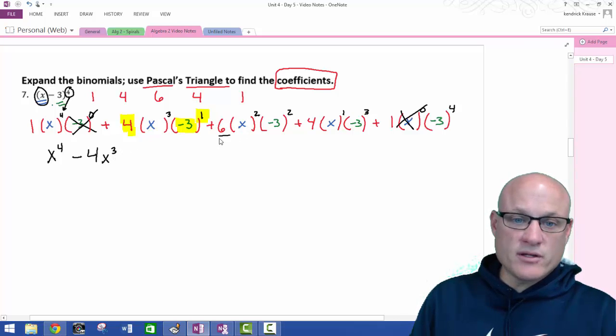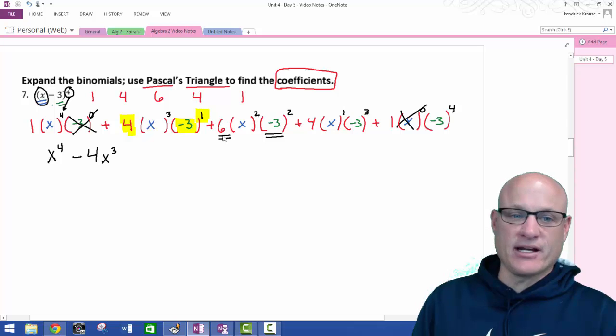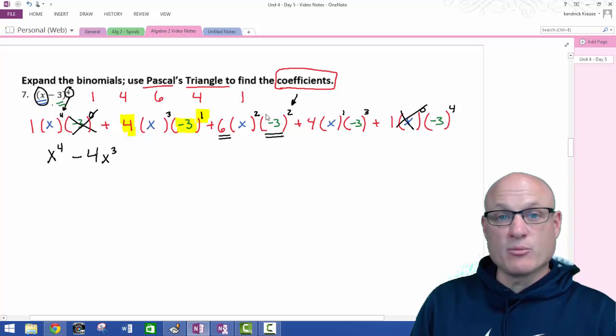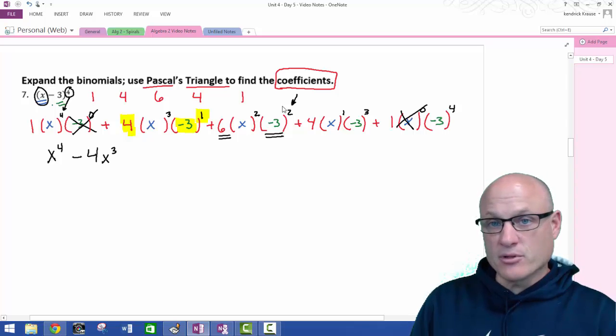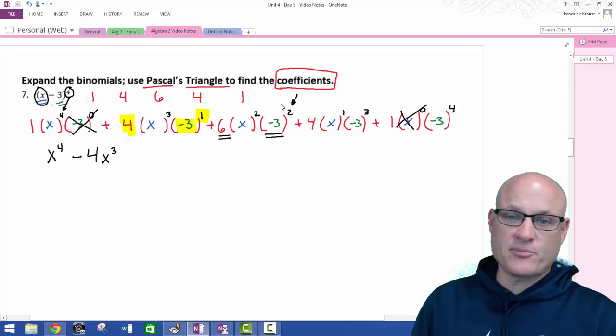Now we're going to deal with this number and this number. Negative 3 squared is positive 9, remember. And anytime you have a negative, you're going to see the signs go back and forth: one positive, one negative, one positive, one negative. For those of you that are pretty good at math, anytime I have a negative number raised to an even exponent, that's always going to be positive. A negative number to an odd exponent would always give you a negative number. So this is positive 9 times 6, so that's plus 54x